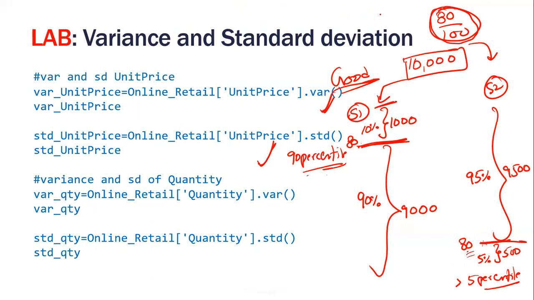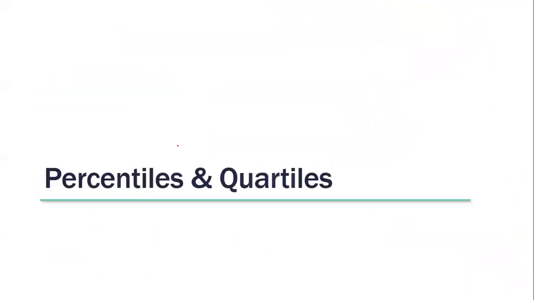Do you agree? And look at the relative position of X to decide whether it is a higher number or a lower number. Once again, sometimes just by looking at the standalone number, you will not be able to make the final decision. You may have to check where exactly X stands when you compare with the rest of the population. Agreed? Yes, sir. So comparison of a particular value with the rest of the population is done using percentiles.